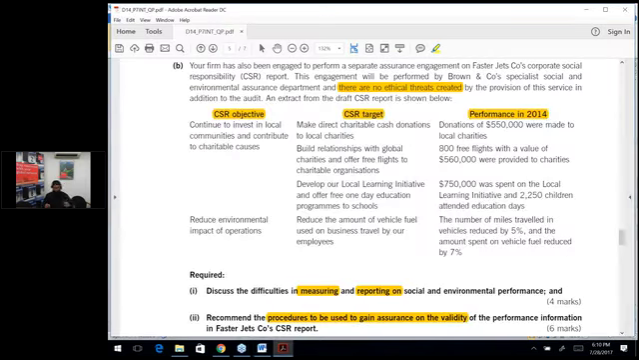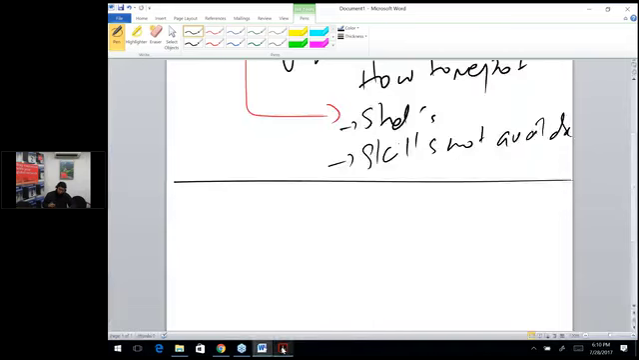So one of the requirements was: discuss the difficulties in measuring and reporting on social and environmental performance and recommend the procedures to be used to gain assurance on the validity of the performance information. So for this performance information which is given here, you need to talk about its validity. Now let's just talk about it. First of all,